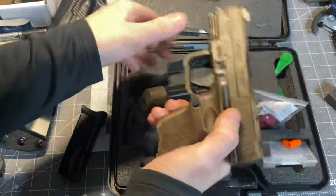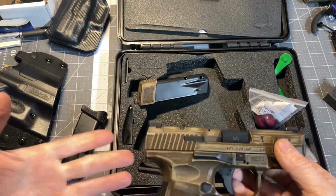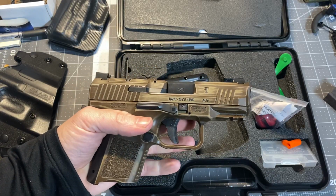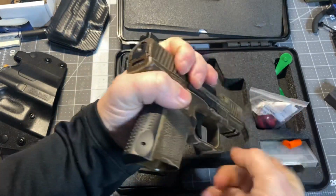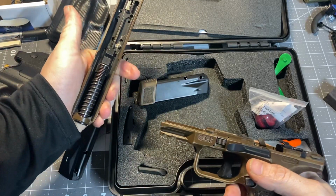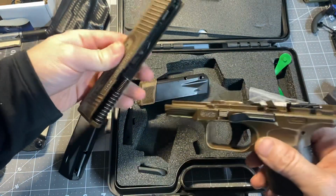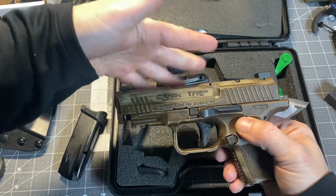I guess I can go over a quick disassembly of it. We might do a disassembly video on this, so if you're looking for that, let me know. If enough people want it, we'll go ahead and do a complete tear down, bare frame, bare slide disassembly. But your field strip is going to be simple, as far as I know. Pull the trigger, pull back, pull your takedown levers. Then when you come out, you want to go up and off, because when you put it back on, you don't just slide it on, because first off, your ejector will hit here, so you kind of want to see you got your notches here. Set it on there at that point, and then